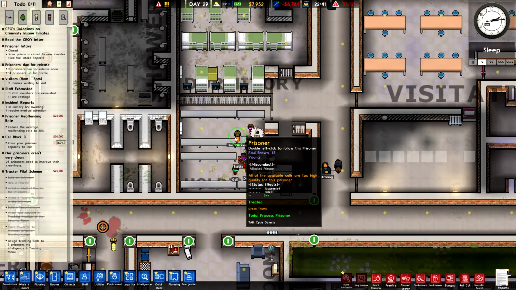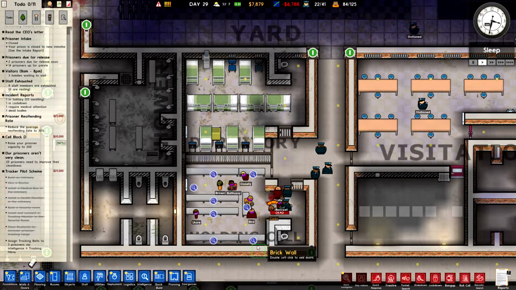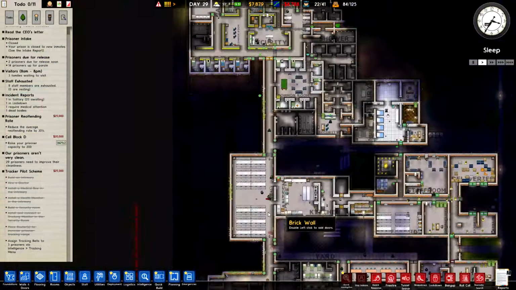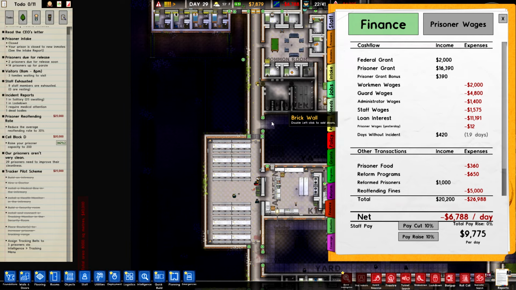There's max. Super max is staying in the dormitory, yet they're in the holding cell. I'm not quite sure why that is like that. We do need a super max wing. There's no doubt about that. We'll have enough money to get us through a full day. This is good. But we do need to...